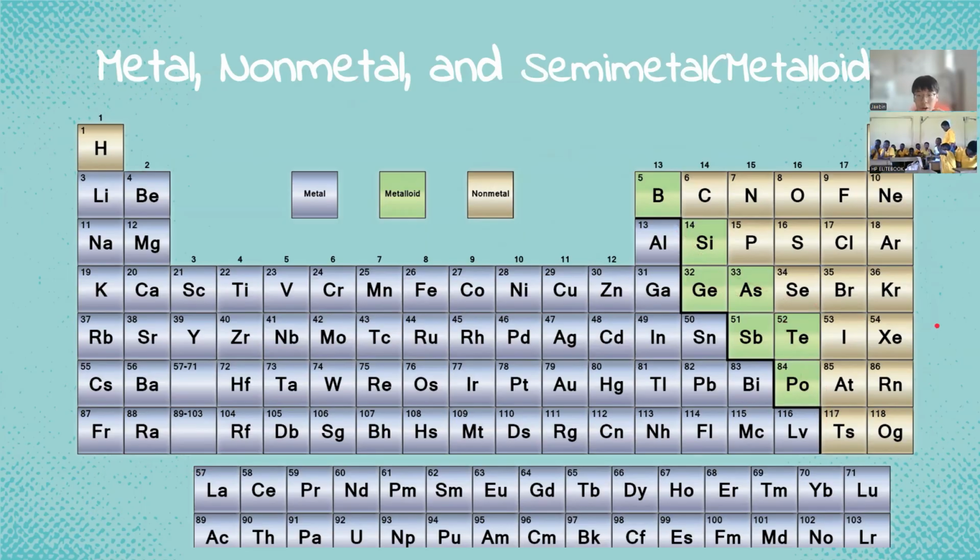You don't need to memorize all the elements that are metals or non-metals or metalloids, but it's important to know some properties that each element has according to whether it's a metal. It's also important to know that metals are usually on the left side of the periodic table, as you have noticed. And nonmetals are more on the right side of the periodic table. And metalloids are somewhere in between. The only exception to this is hydrogen, which is a non-metal.